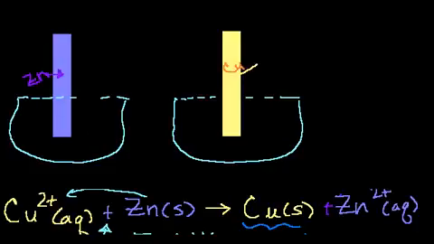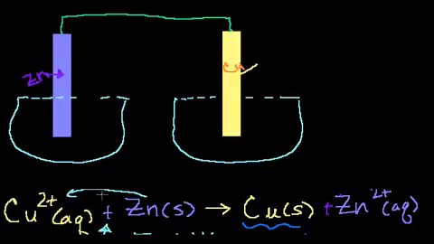So what happens if we were to connect these two metals, right? They're metals. If you look at the periodic table, they're both transition metals. They both have the sea of electrons, so they both conduct electricity well. What happens if you connect these two with a wire? So if I connect them with a wire right here, like that, we already know that the zinc is just